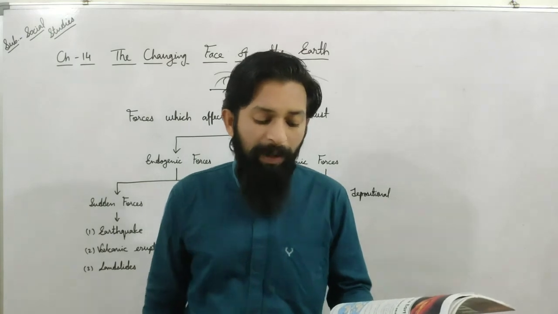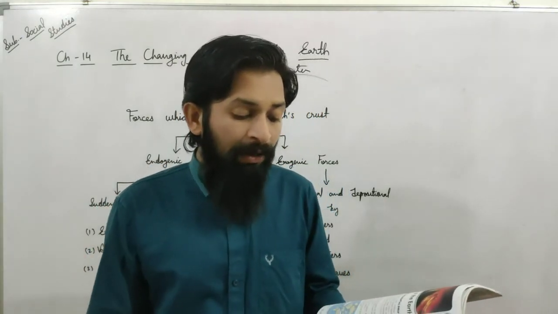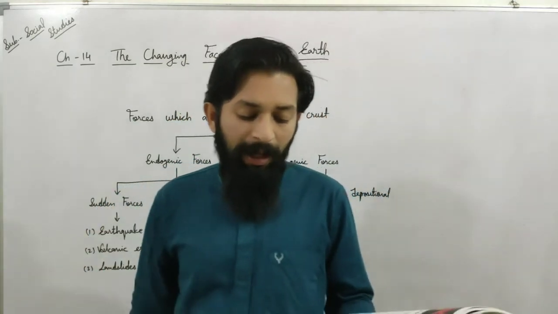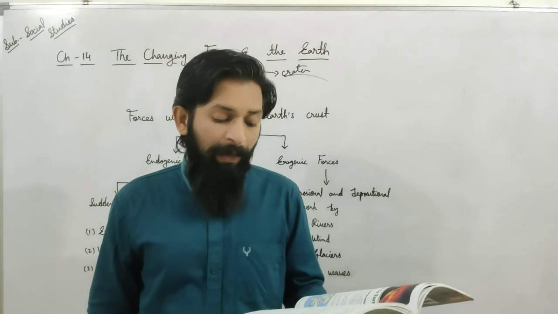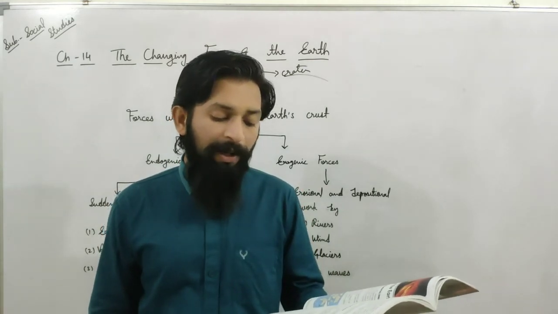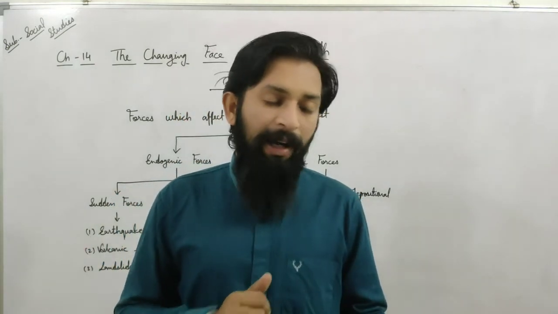After that, dormant volcanoes. This type of volcano has become quiet after erupting. They do not show any indication of erupting in the near future, like Vesuvius in Italy, a dormant volcano. Extinct volcanoes have not erupted for hundreds of years. There is no possibility of eruption in the future, like Kilimanjaro in Africa and Rainier in the USA.